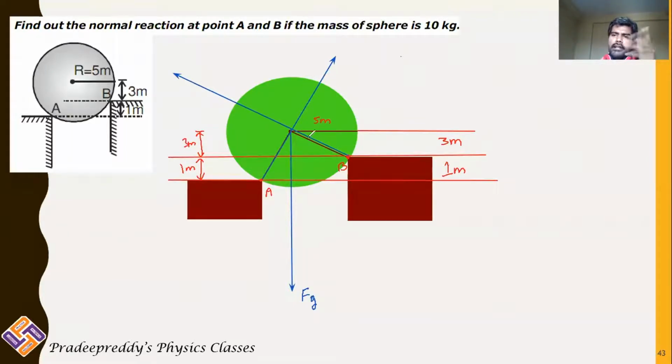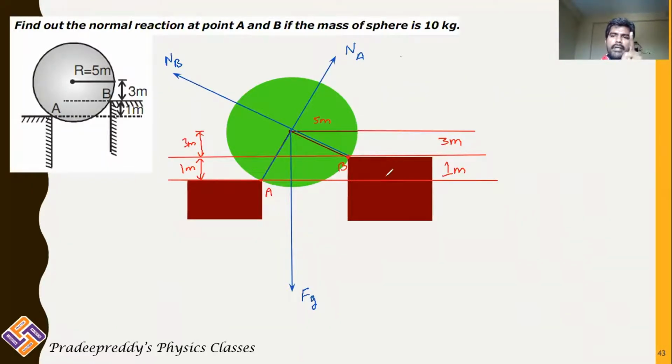So step 1 is already completed; we have taken one mass. Step 2, we have identified the forces. The forces are the gravitational force Fg, the normal reaction at point A, and the normal reaction from point B. We have got normal reactions Na and Nb. So these three forces are acting overall on the body: gravitational force, normal reaction Na and normal reaction Nb. The first 3 steps have been successfully completed.